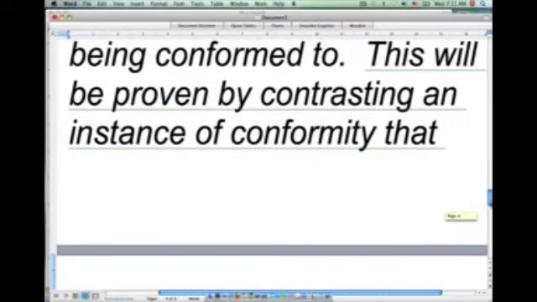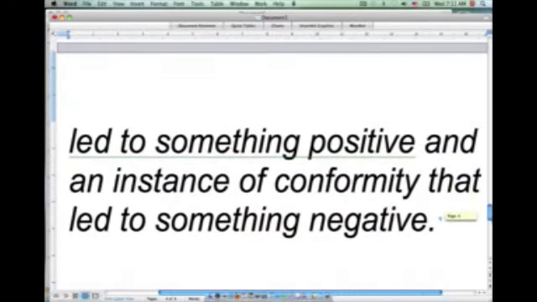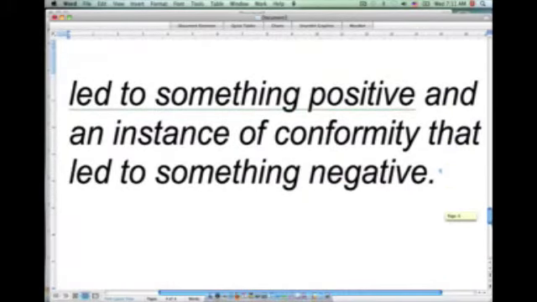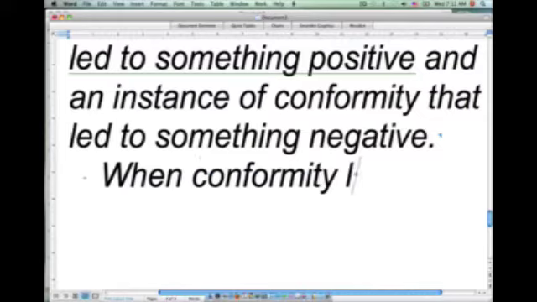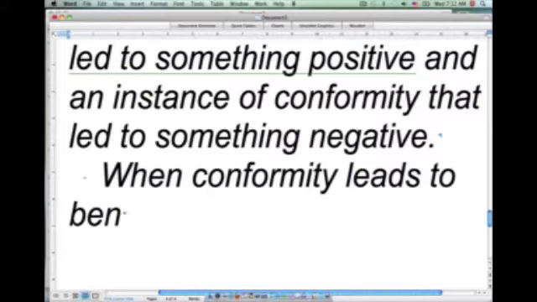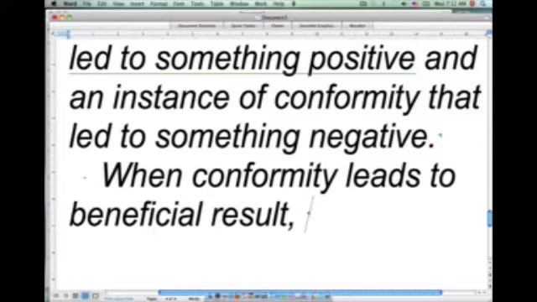This will be proven by contrasting an instance of conformity that led to something positive and an instance of conformity that led to something negative. Okay, so let's go to our first supporting paragraph. And so, of course, we're talking about the instance of conformity that created something beneficial. So let's say when conformity leads to beneficial results,